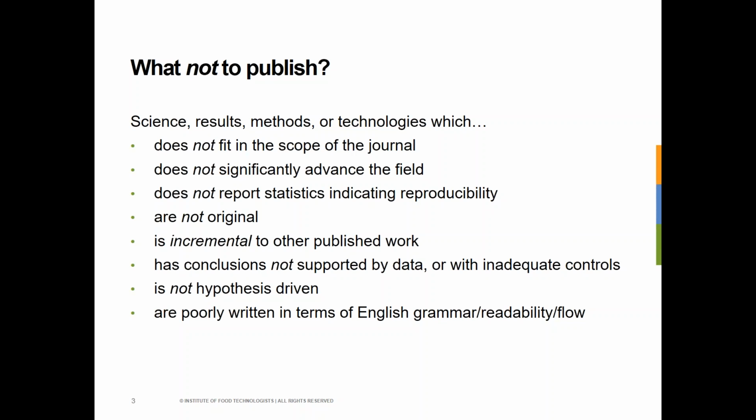Because remember, when you publish work, the implication is that somebody else could take that paper and, in their lab, repeat it. Any work that is not original is not suitable for publication. Things that are incremental to other published work, have conclusions that are not supported by data or with inadequate controls, are not hypothesis driven, and more on that later on, or are poorly written in terms of English grammar, readability,